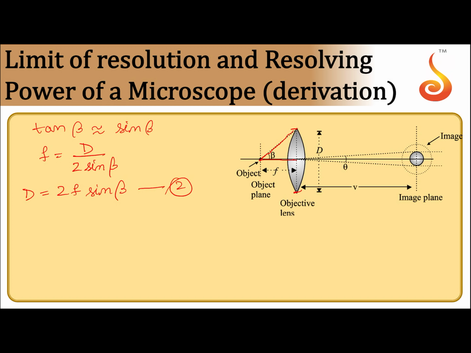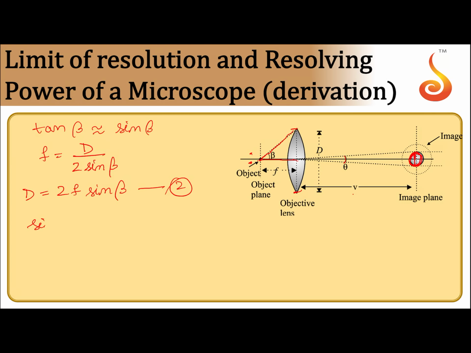Now when the separation between 2 points on a microscopic specimen is comparable to wavelength of light, then the diffraction effects become prominent. Instead of one object, if you have two close lying objects, then one image will be formed due to this, and one image will be formed due to this. Now notice one thing, each image will form a diffraction pattern, and this is the Airy's disk of the image. So at the image plane you have Airy's disk. Now the image of a point object will be diffraction pattern. If this angle is theta, then the size of the image, this diameter, will be equal to v into theta.